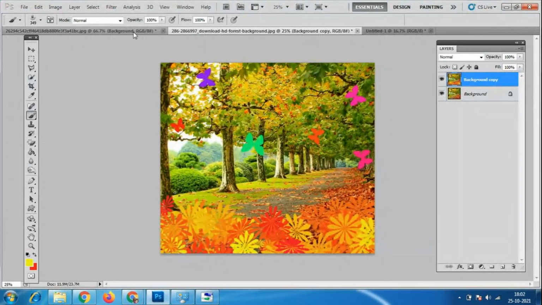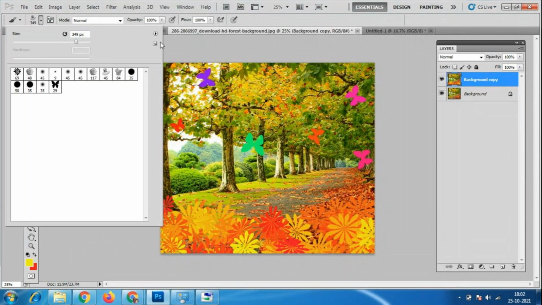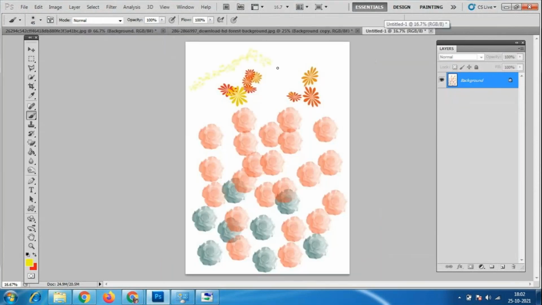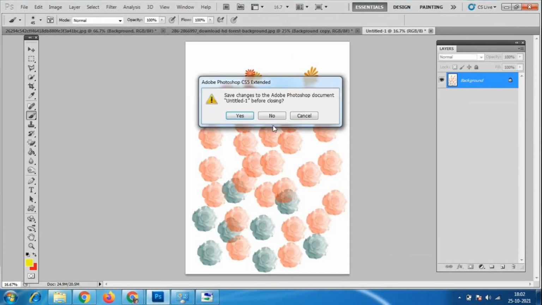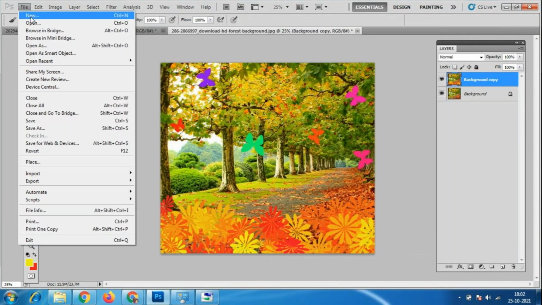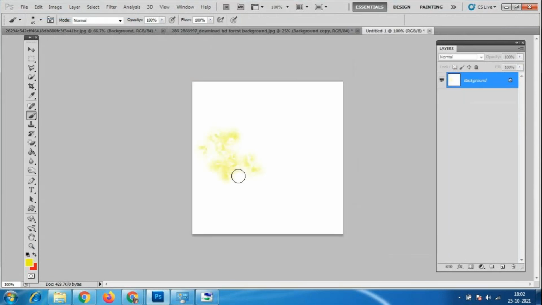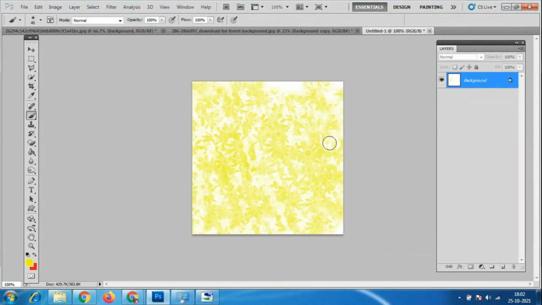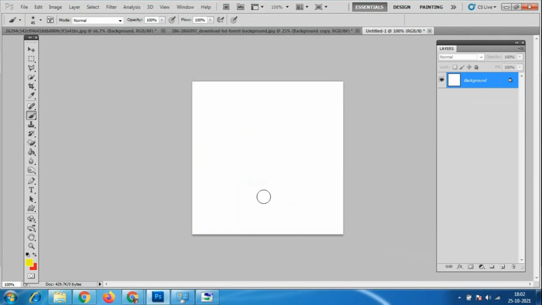Okay, so we have multiple brushes. Generally we use this brush only, which has the thickness mainly for drawing, those kinds of things. At that time we use the simple brushes, we do not take any brushes like this. You can even use it for backgrounds also. Any background we want to make, at that time also we can use this brush.